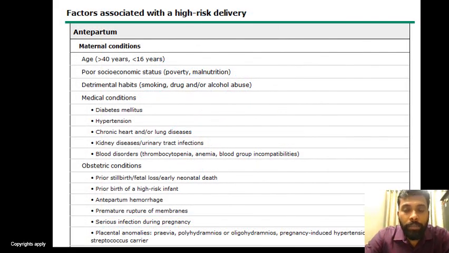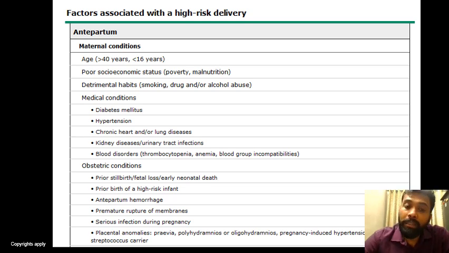And although we anticipate a resuscitation for every delivery that we attend to, there are certain factors which make a delivery a high risk delivery. Okay. So the antepartum conditions which cause that are advanced maternal age or age less than 16 years for a pregnant mother, poor socioeconomic status, detrimental habits such as smoking, drinking, drug abuse, maternal medical conditions such as diabetes mellitus, which is very important, and hypertension, CKD, lung diseases, kidney diseases, any chronic diseases, hematological disorders in the mother, and